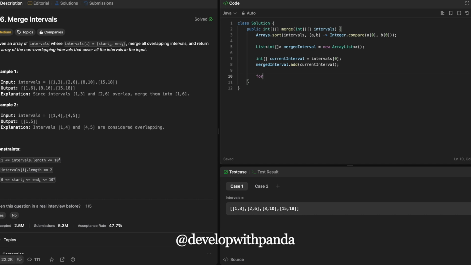After that, we will have a for loop which will iterate through the intervals array. Then we will declare three variables. The first variable will be currentEnd, which will be equal to currentInterval[1]. Then we will declare nextStart, which will be equal to interval[0], and nextEnd, which will be equal to interval[1].